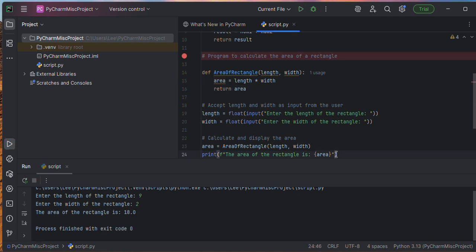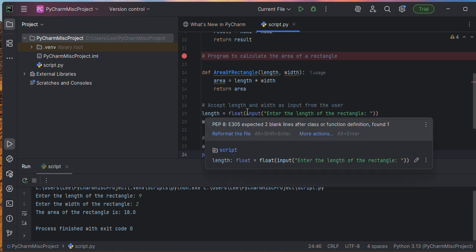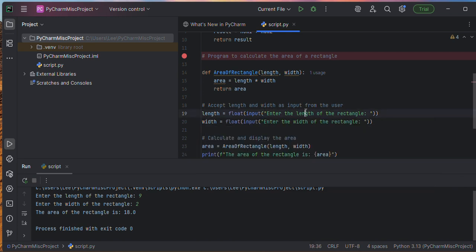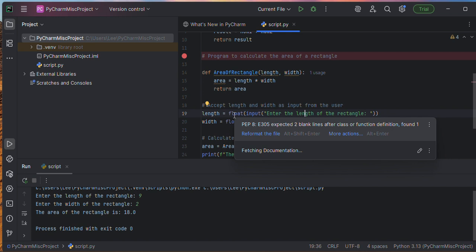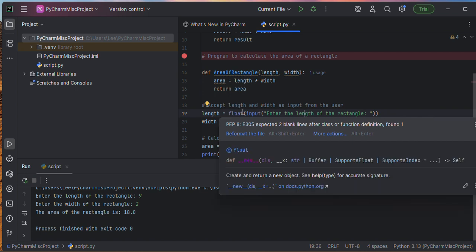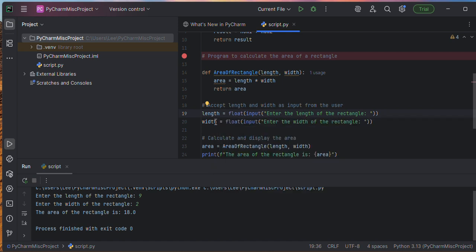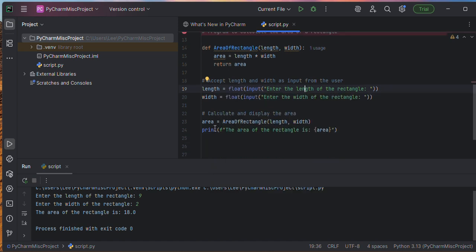Okay, great. So here, just as we did with the addition program, we have the variable length that is going to be whatever this input is at the keyboard. And we have the word float here because we may have a decimal number. So when you want to use decimal numbers and not whole numbers, you use float instead of int, okay? And then we go ahead and we calculate the area, so we're calling the function similarly to how we did it with the addition function, and then we're printing. The F here is a special formatting that allows us to use the variable name in a fancy way like this. Okay, if you don't want to do it like that, remember you can always print it out in the